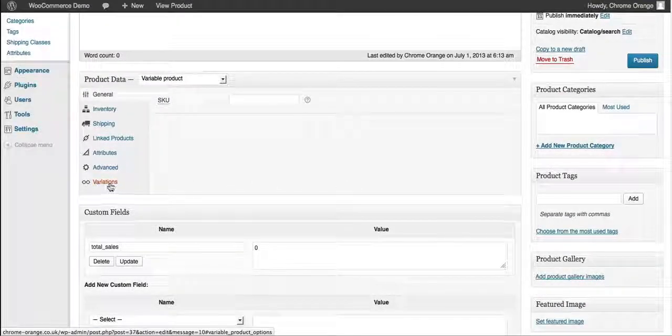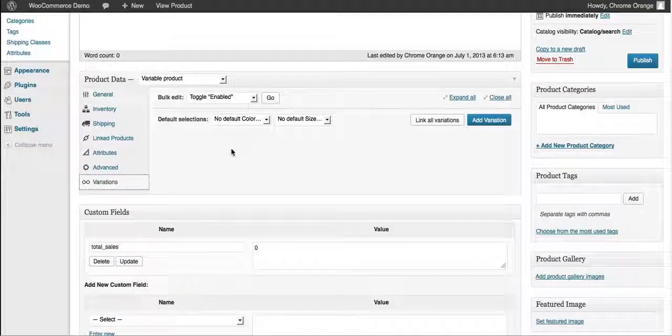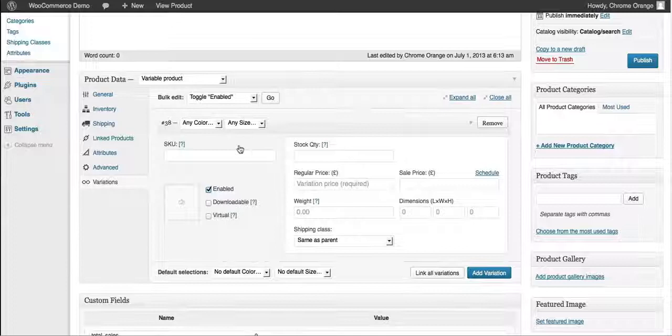Right, so all the attributes are added. Now we go to variations. I'll click add variation now. If all of this is the same for every single combination, then we can just create one variation and we can leave any colour and any size there. We set our price and we publish the product,